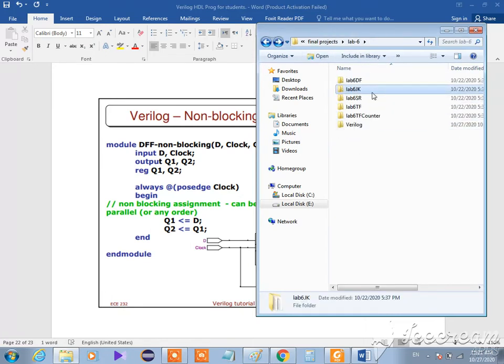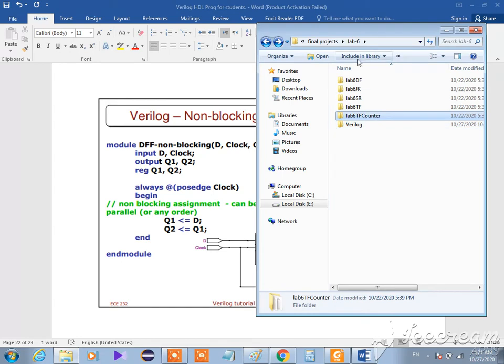When the JK is finished, again close Quartus, open it again and create a new project, for example SR, and again a new project for the TF, the T flip-flop, and for the counter. So I need 1, 2, 3, 4 and 5